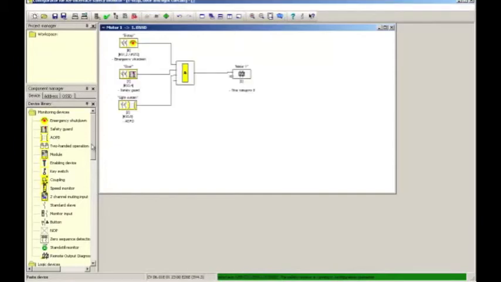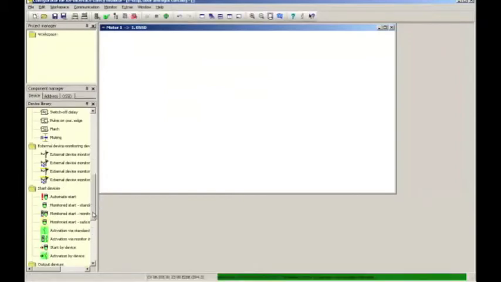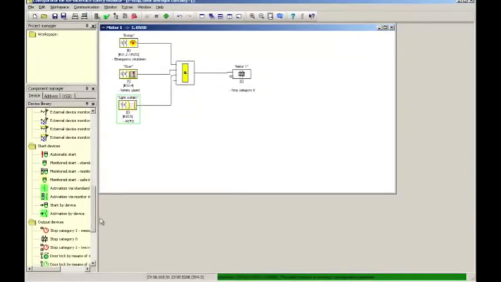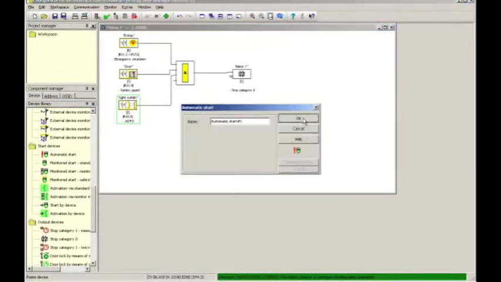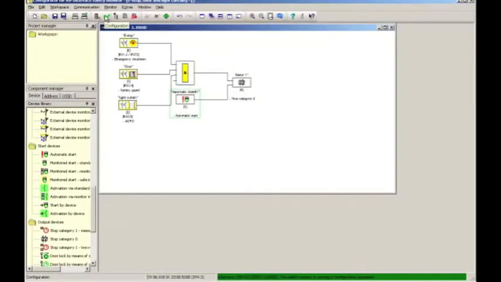The last thing that needs to be added to the configuration is the startup. And because I have the reset function as part of the e-stop and I want everything else to be auto start, I select the automatic start device, dropping that over here. I don't rename it, the name is okay with me. And with this on the screen, I'll click the configuration checker, and it comes back and says the configuration is okay. Now I can download,